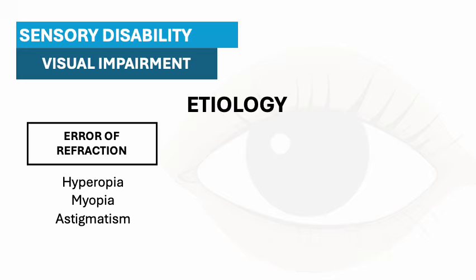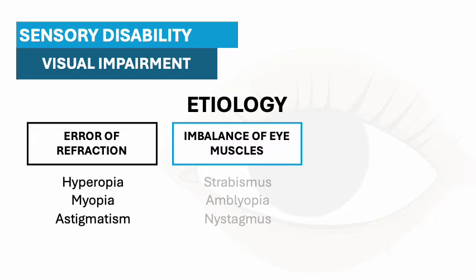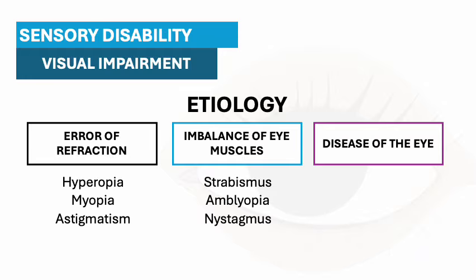Other causes involve eye muscle imbalances like strabismus or cross-eyedness, where the eyes aren't aligned. We have amblyopia, often called lazy eye, where one eye is weaker than the other, and also nystagmus, which causes uncontrolled eye movements. Finally, diseases of the eye can lead to visual impairment, such as